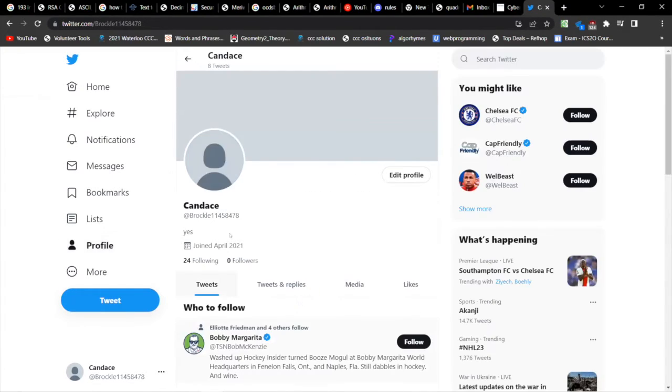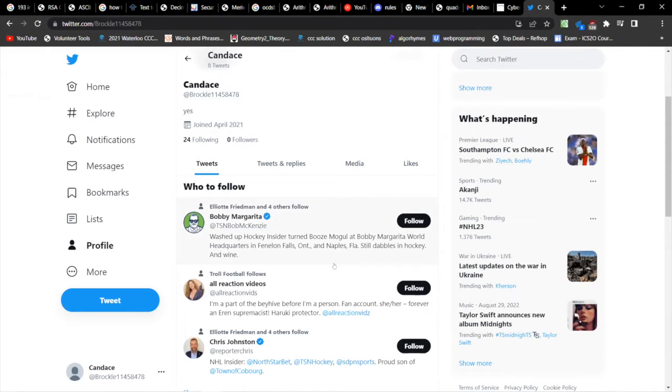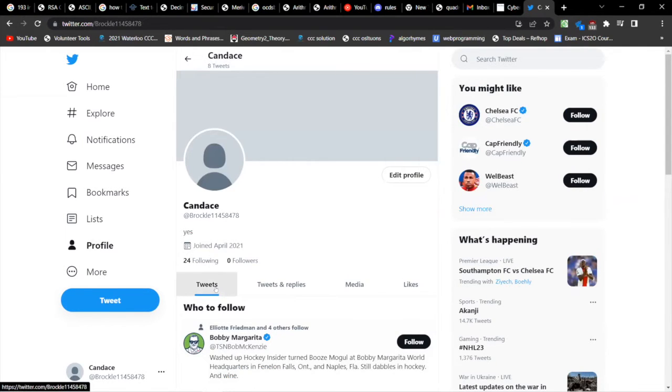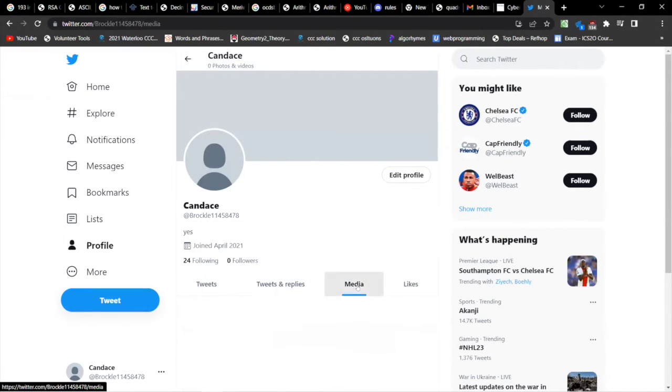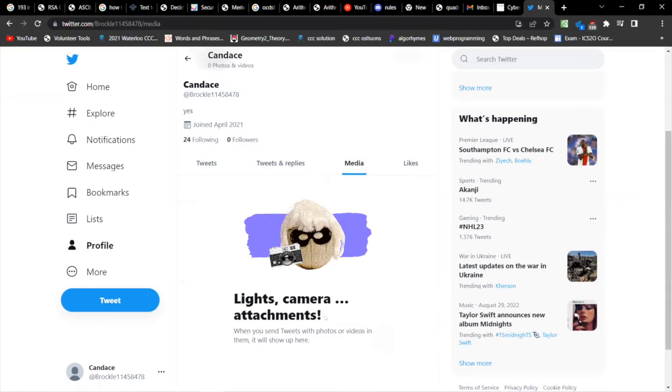And profile shows your own public profile, which is how other people can see your profile. And here's all your tweets and replies. All media is when you send tweets with photos or videos. If you just tweet a text, then it won't show up in here. But if there are photos or videos, then it will show up in here. And likes is basically what tweets you've liked. And then more,